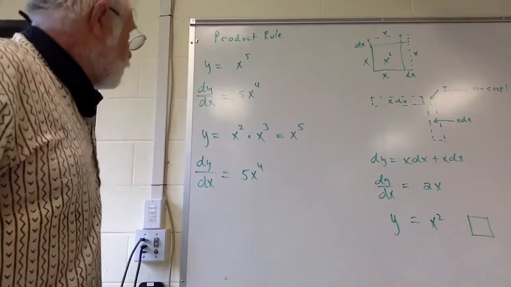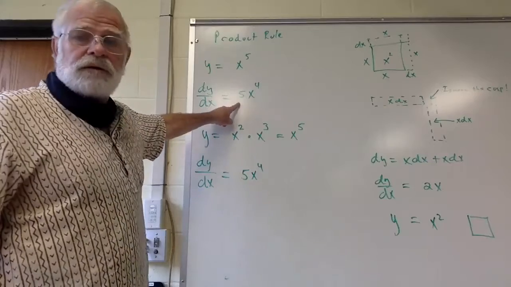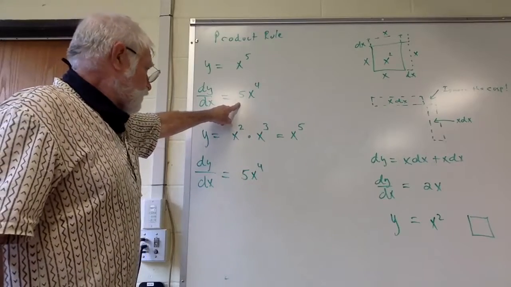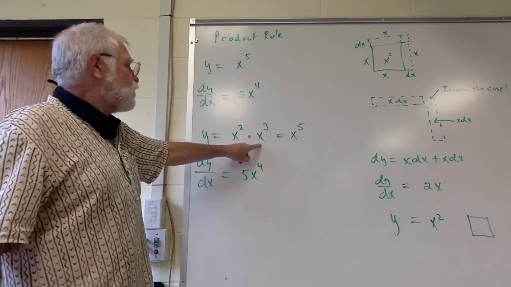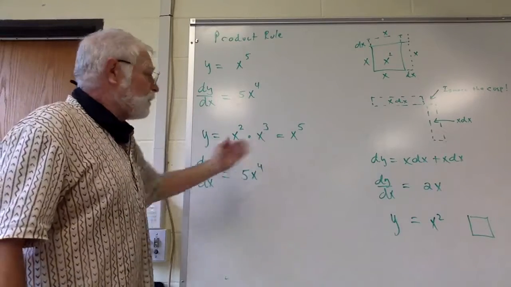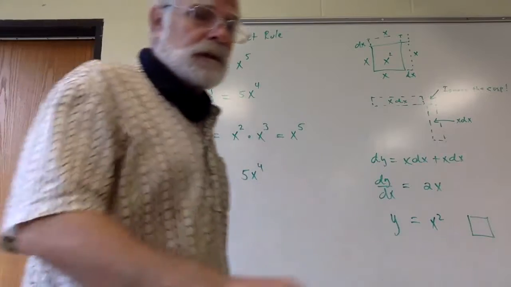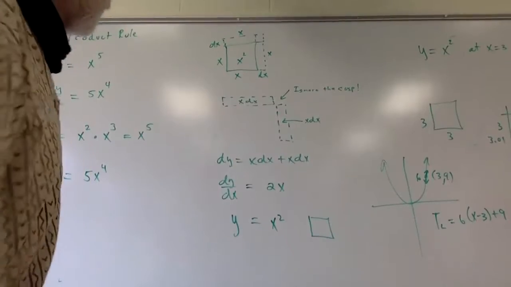Let's start with y equals x to the fifth. At this stage of the term, we should know how to take the derivative of that: 5x to the fourth. But I could express x to the fifth as x squared times x cubed. And so therefore, the derivative has to be the same since they're equal. Step one. Step two, going back to day one, we're going to use our model that really opened the door